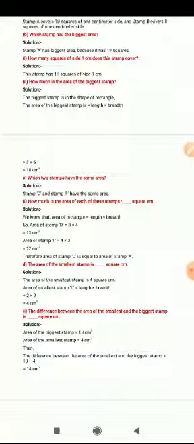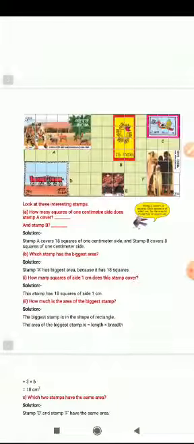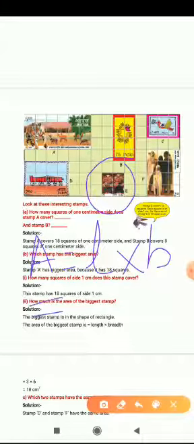The area of the smallest stamp is dash square centimeter. Okay, let's find out. The smallest stamp is E. You can observe over here that's the smallest stamp, that is E. Let us find out its area, that is area is equal to L multiplied by B. L is 2 and breadth is also 2. So your answer is 4. And what is the unit of area? Centimeter, and a small 2 you have to write over here. So area is 4 centimeter square.